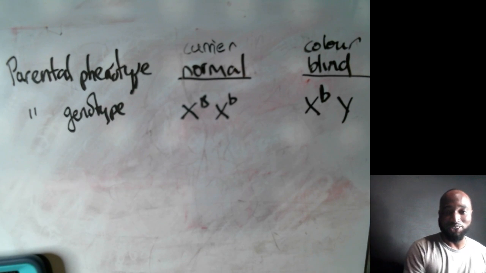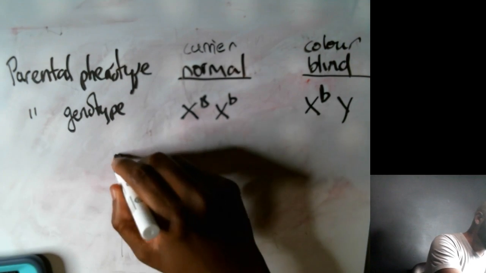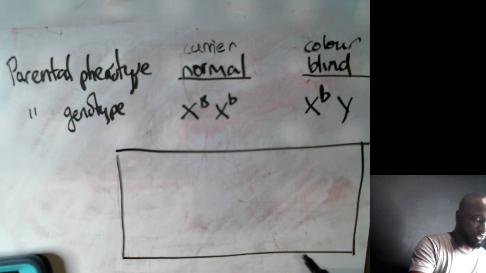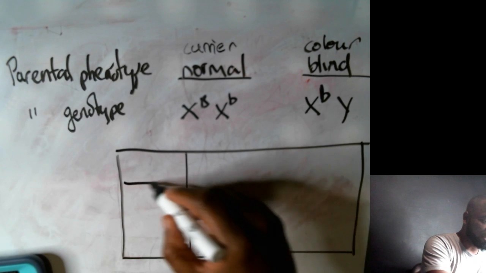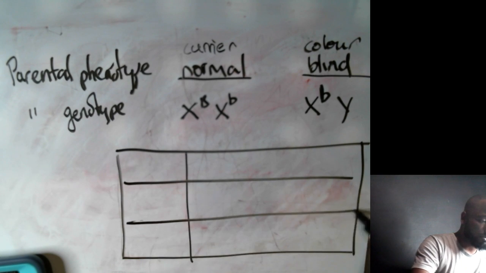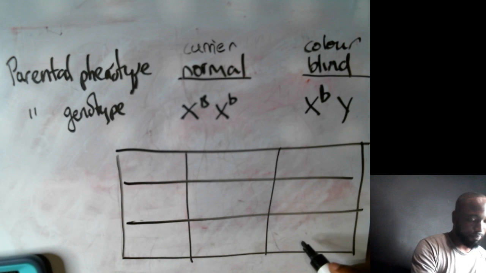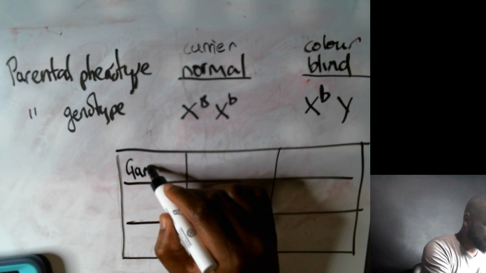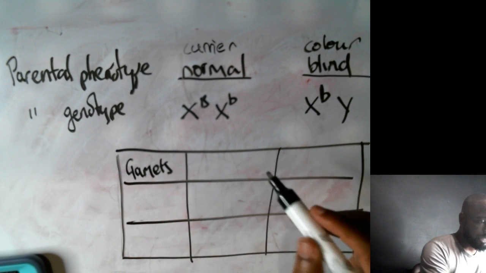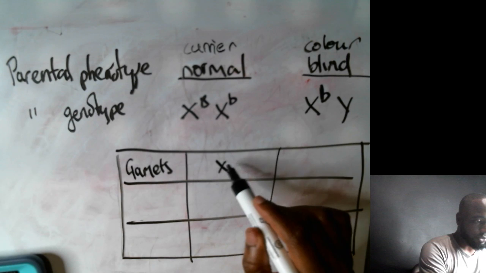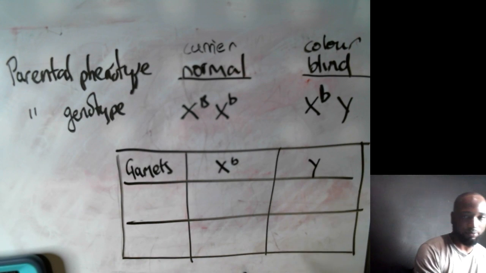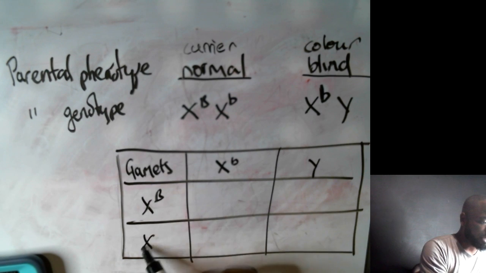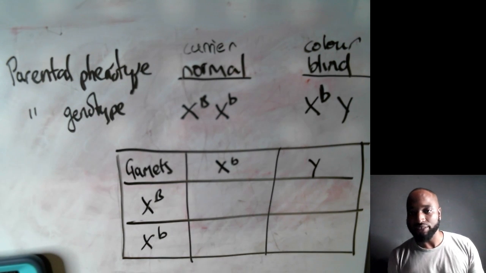And sorry for anybody watching this video afterwards. My excuses, biology is not my main subject, so I'm kind of stumbling through this. Once again, I understand the concepts, but some of the things I forgot. This is a Punnett box here. Where are the gametes? Let's put the dad on top. So let's put him XB here and Y. Let's put the mom in here. She's XB. So now we just need to fill it out.